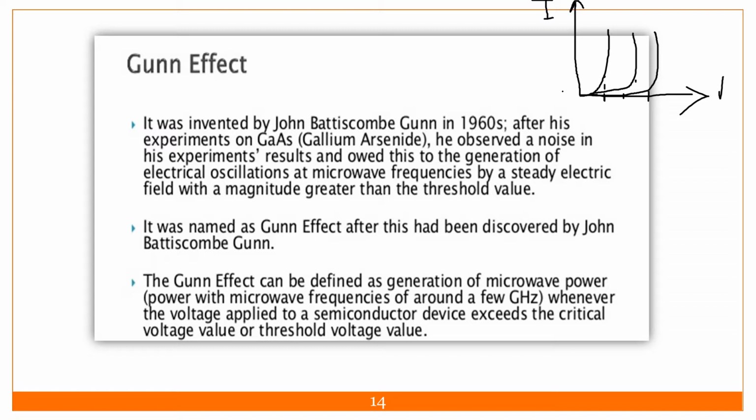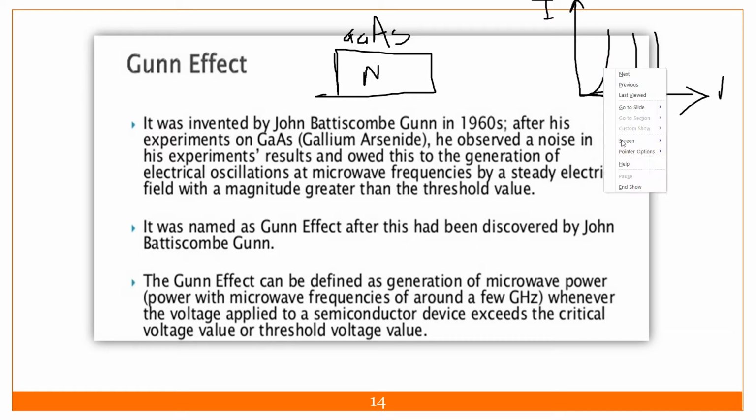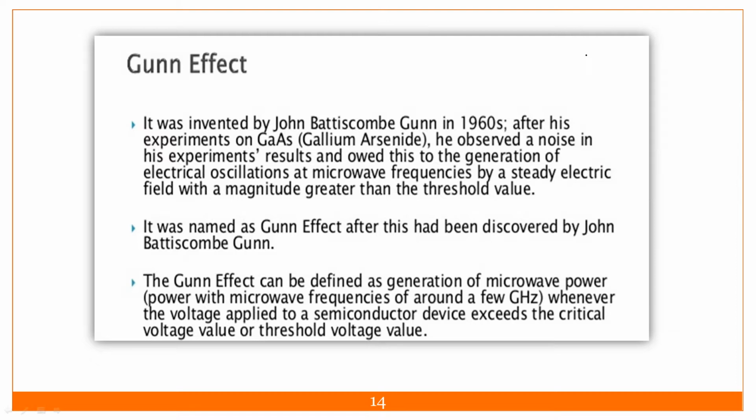Depending on the material the voltages are different, but it will conduct in forward bias. But what will happen if I use just a single material, only n-type material, and that is GaAs, gallium arsenide? If I'm just using gallium arsenide and increasing the voltage, what will happen? I will redraw the portion for you, then your concept will be more clear.